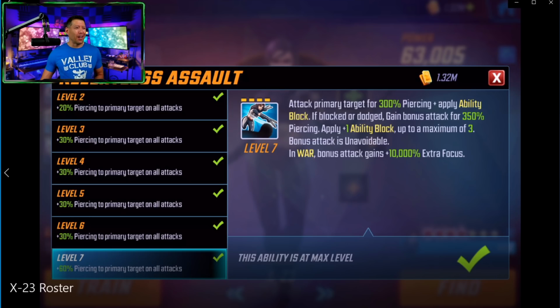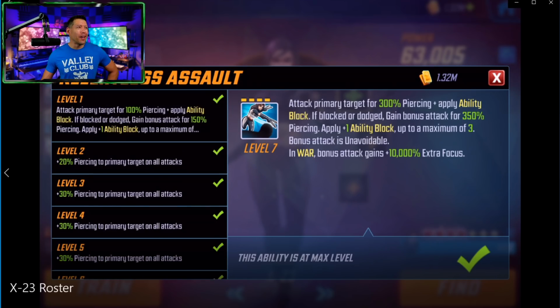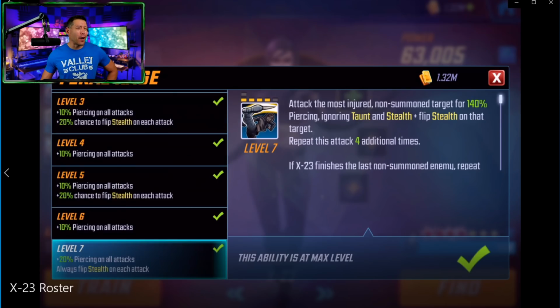You're going to hit that ability block in War, guys. Next move is her ultimate, and that is Feral Rage. You can see the T4 right there. What it does, it's always going to flip the stealth on each attack, but let's read what it does. All right, you're going to attack the most injured non-summon target for 140% piercing, ignoring taunt, ignoring stealth, flip stealth